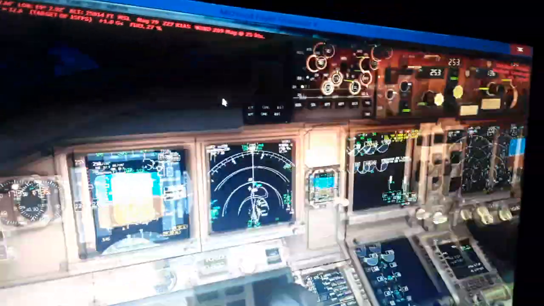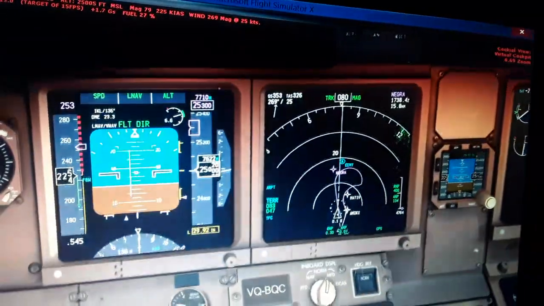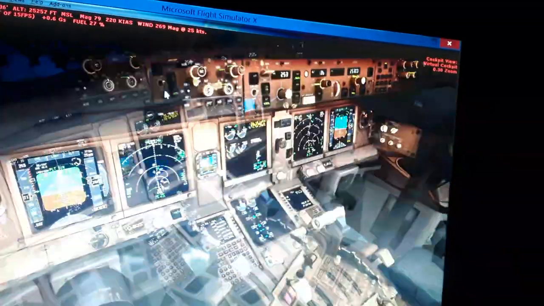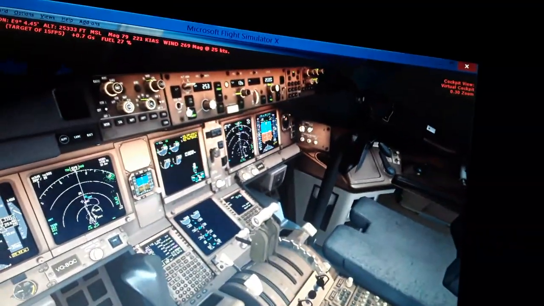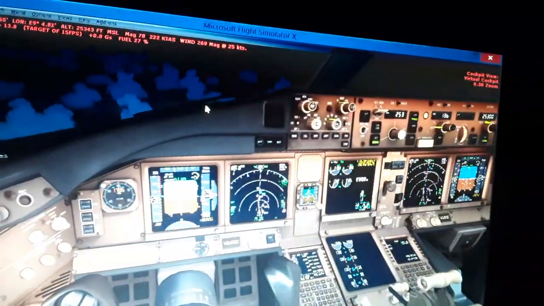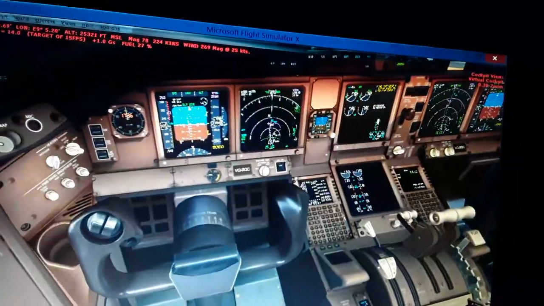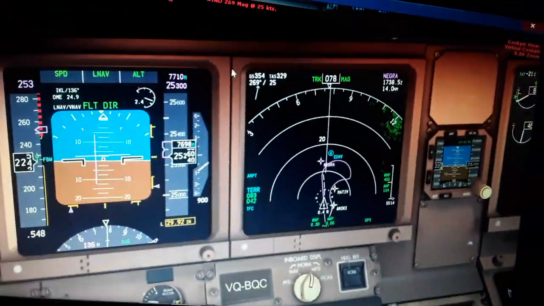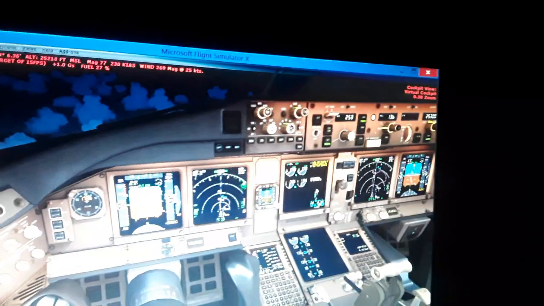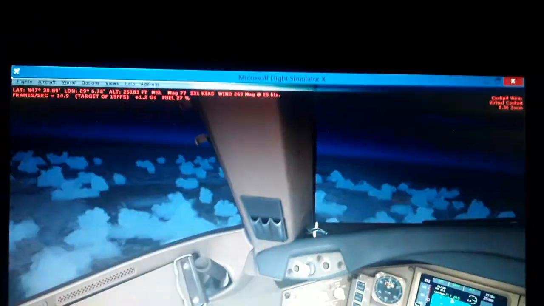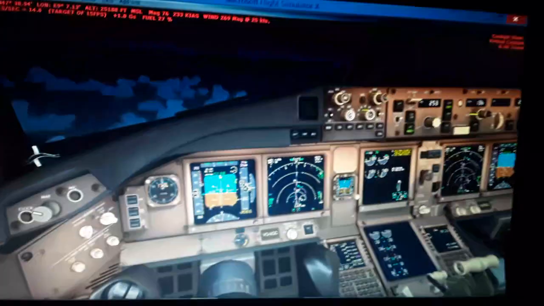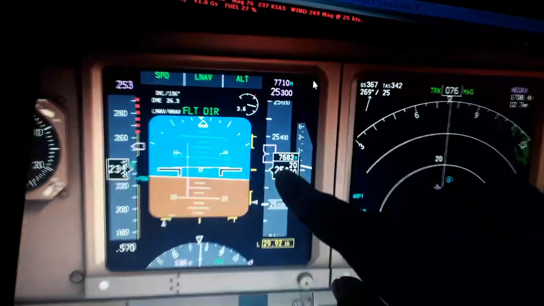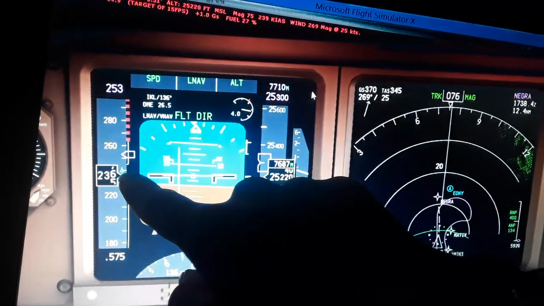We need to cruise for a while over here. We can also set the airspeed a little bit higher. We drag some flaps. We don't need so many flaps right now. So we will increase the airspeed in a while, and we have like 30 more minutes for this flight. So we keep cruising like this. We fly now manually, as you can see, with the Boeing 777, and we are 35,000 feet, Mach